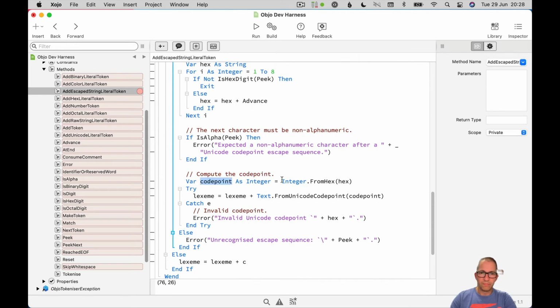So we get the code point by calling this FromHex method on an integer and passing it the hex string. That will give us an integer. Then we use this FromUnicodeCodePoint method on the Text type, and we give it the code point, and it will return a character. It will return a text character, but that's interchangeable with string, so we can add that to our lexeme. So basically, if I pass a Unicode code point to this method, I'll get back a character. I really should file a bug report to Xojo to ask them to add this to string, but anyway,